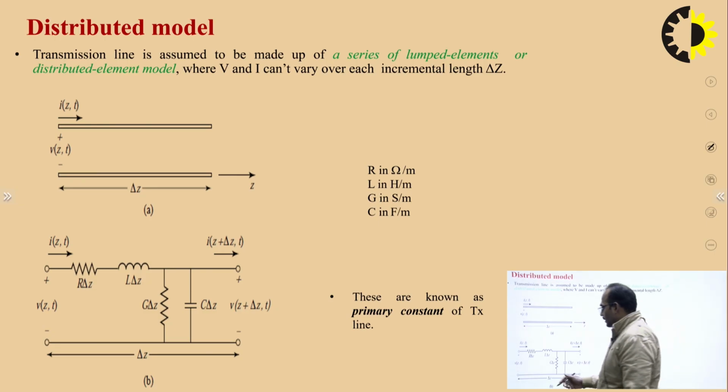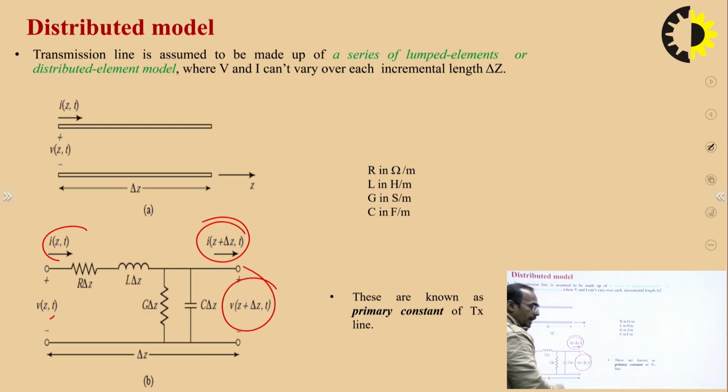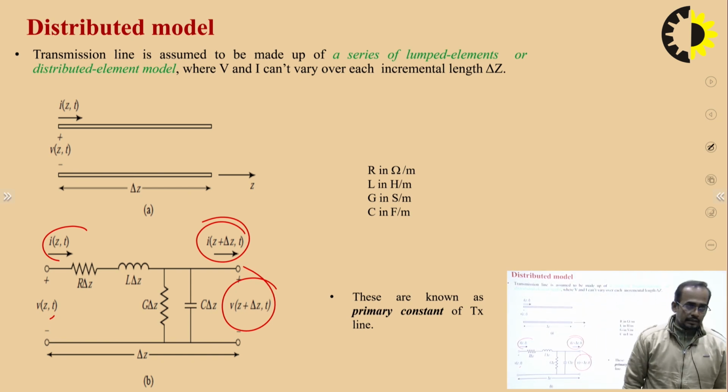I have considered here that this voltage and current will depend on the length of the transmission line. So these are the primary constants at a small increment in the length of the transmission line. This current will be I(z+delta z,t), and the voltage at these terminals will be V(z+delta z,t),